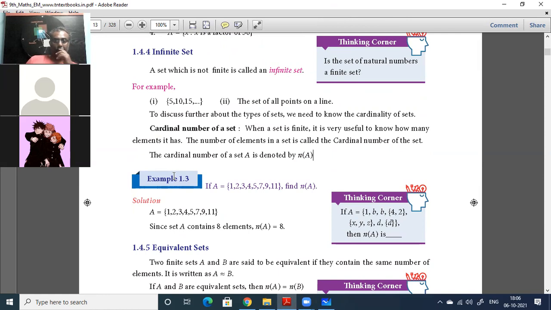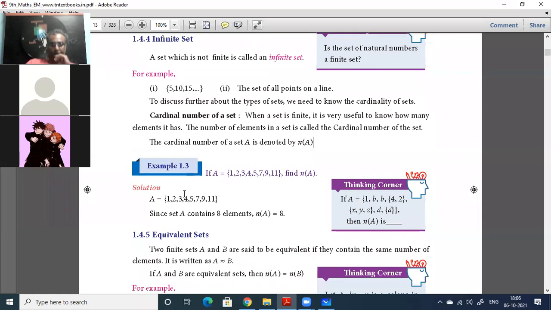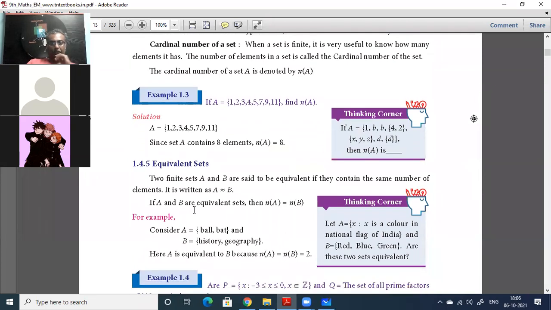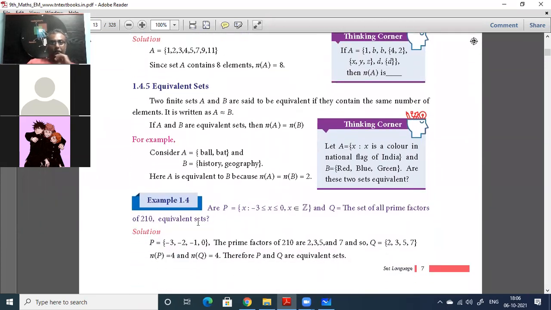Okay, tell me example 1.3. Without seeing the solution, you tell me what is n(A). n(A) is equal to 8, uncle. Yeah, very good. So that is the cardinal number of a set. Now let us go on to